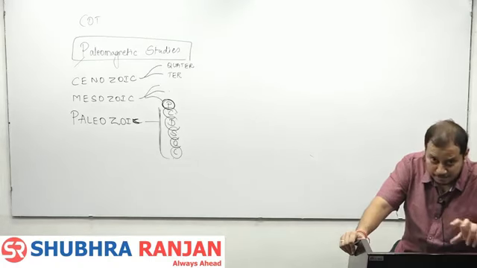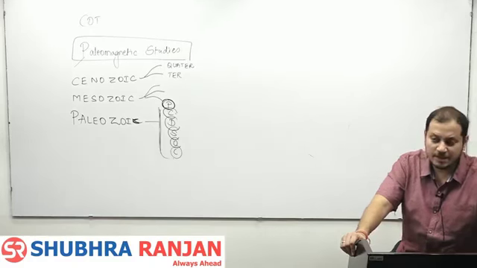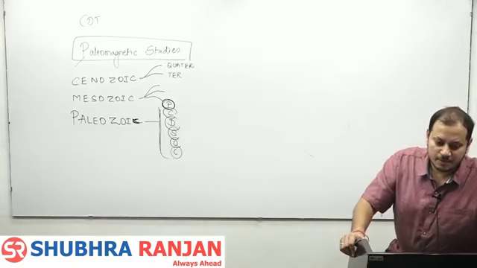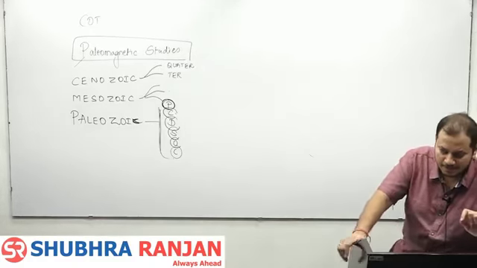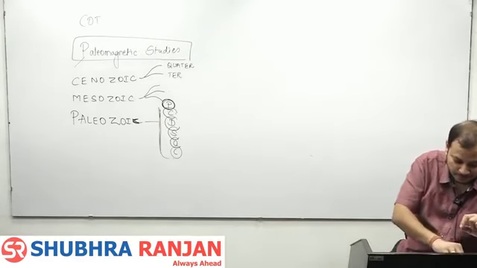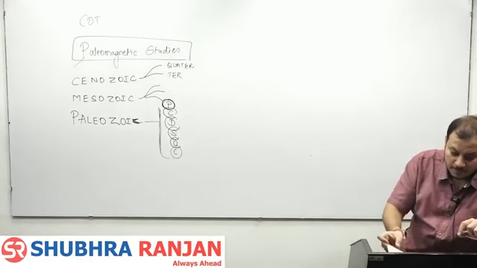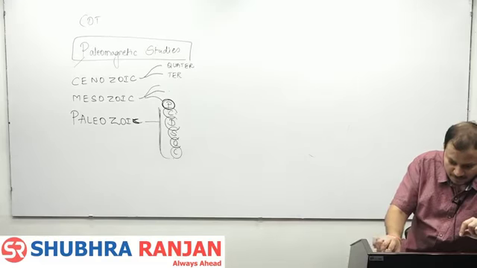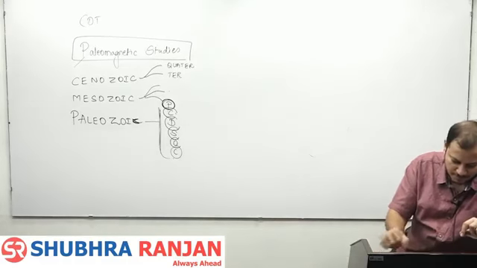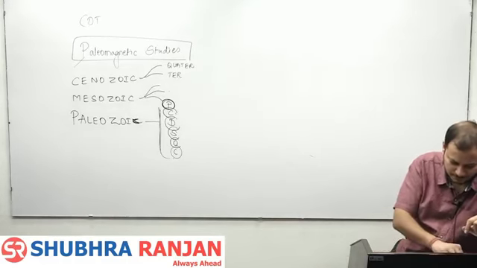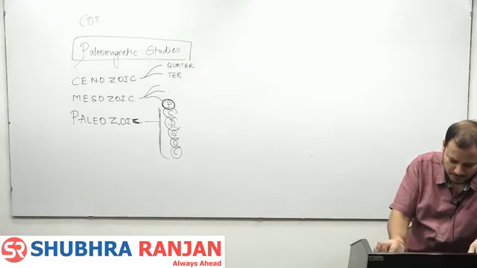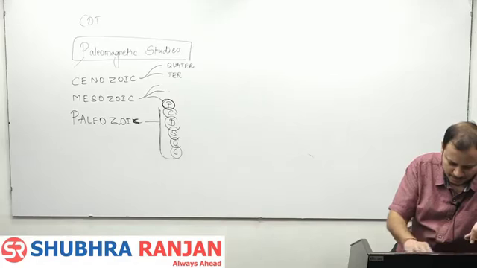Next point, the dip and the angle. Earlier there was a point on direction; the second point is on the dip and the angle. The dip or the angle tells about the strength or the intensity of the magnetic field.